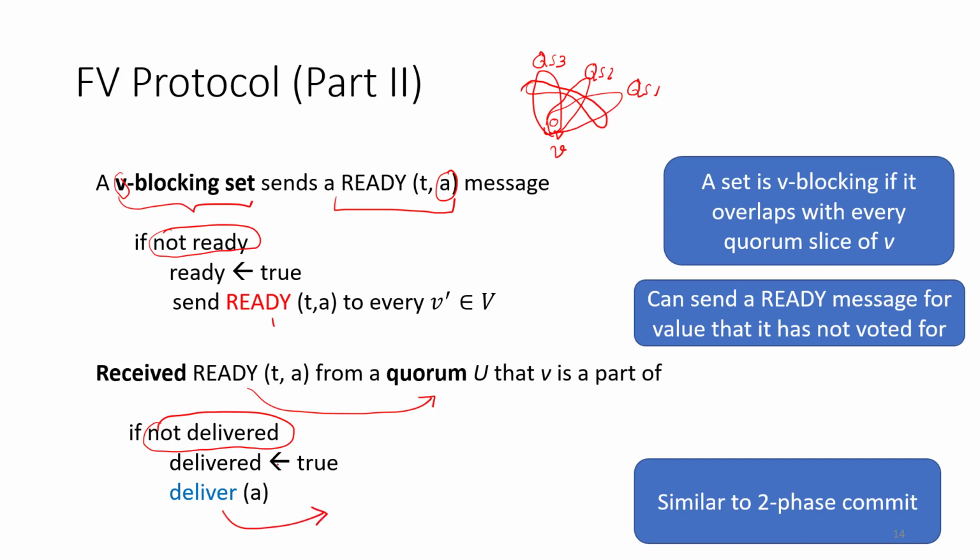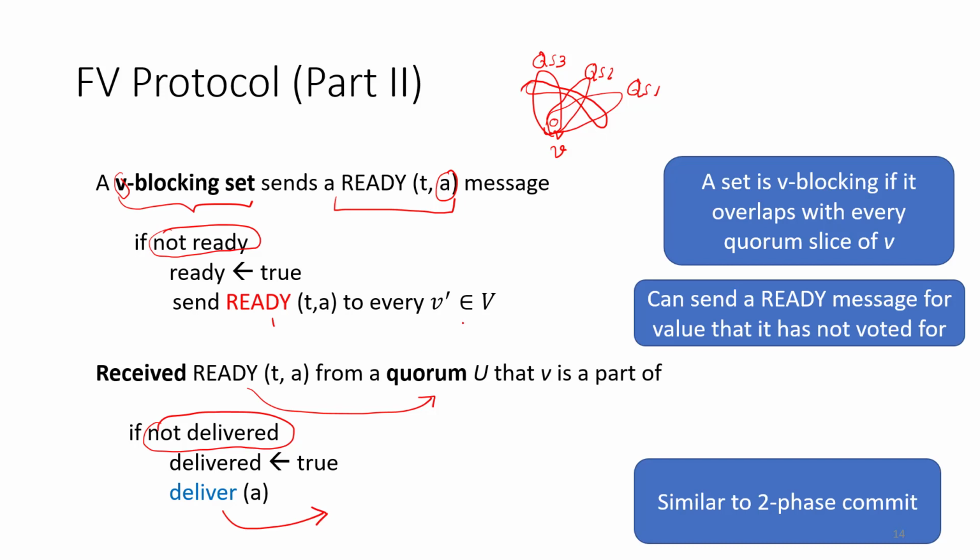So this is basically what delivery in an intact set means, which means it has passed both the rounds. Of course, the first round is not guaranteed to terminate, mainly because it's possible that an entire quorum may not agree. You have a 50-50 situation, or even worse, when multiple values are being proposed. That is why I said the first round is not really guaranteed to terminate, and we will see timeout mechanisms for that.